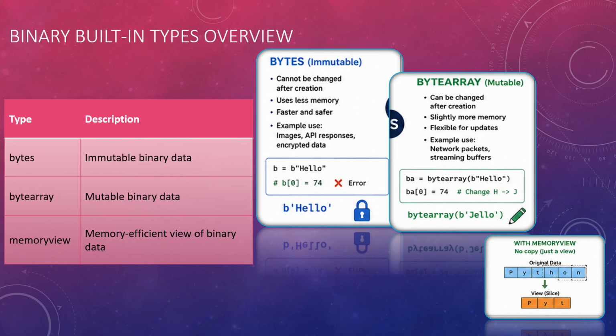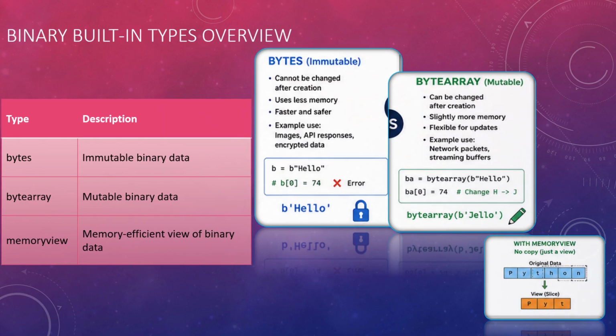Why is it important? Because in most real world applications, a huge amount of data sometimes needs to be processed. So rather than creating a copy, which is not cost effective or memory effective, what we do is just have a view of the original data. Okay, so it's a slice to the original data. In the coming slides I'll explain this in more depth.